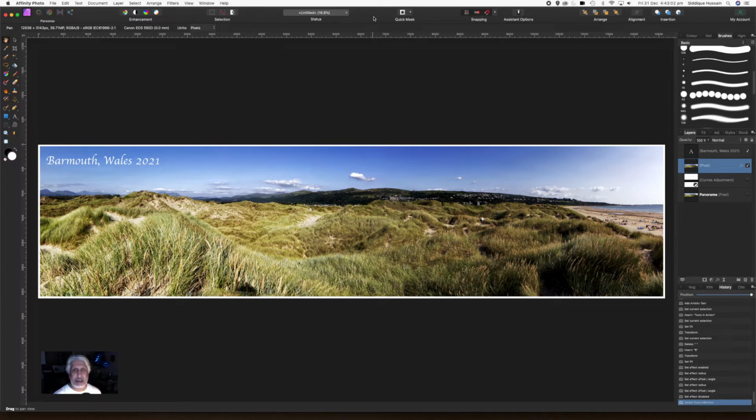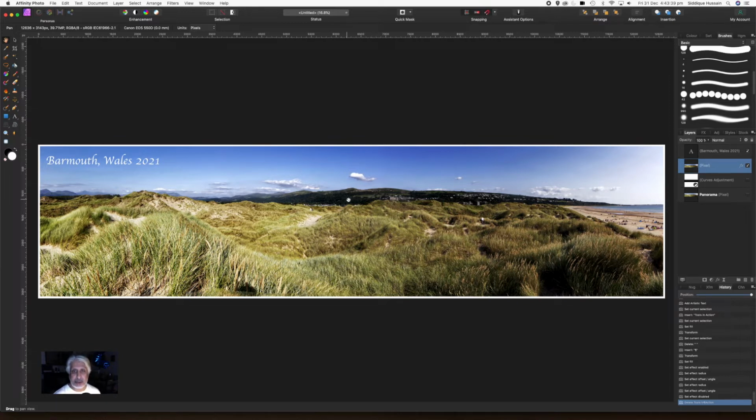This is a panorama, as you can see, from summer this year in fact, in Barmouth in West Wales in the UK, and I thought I'd do a demonstration incorporating 3 or 4 of the tools that we've covered in the tools series of videos. So that's the gradient tool, that's the burn tool, and of course the panoramic automated option within Affinity Photo as well. Now, we have done a panorama before, but there's in fact lots of ways we can learn how to